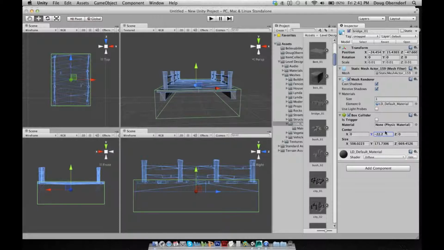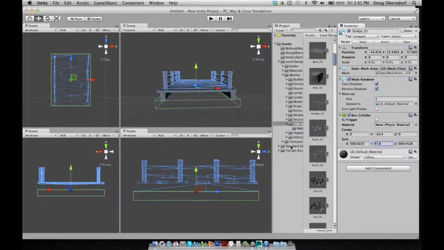The problem is this big collision down below might intersect or collide with something else that might mess it up. So what I could do is adjust the size of this object and make it as close as possible. So now instead of using 20,000 polygons to make this really awesome collision, I could just use 6 polygons for this little cube, put it exactly where I need to, and now I have a bridge that the player